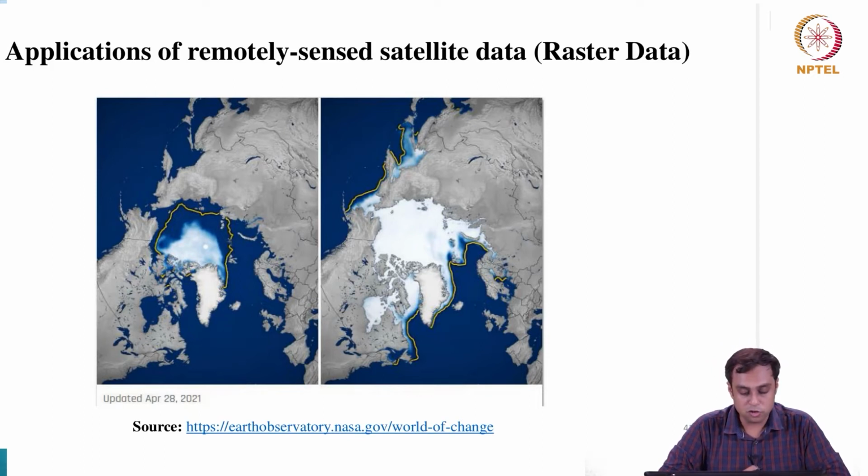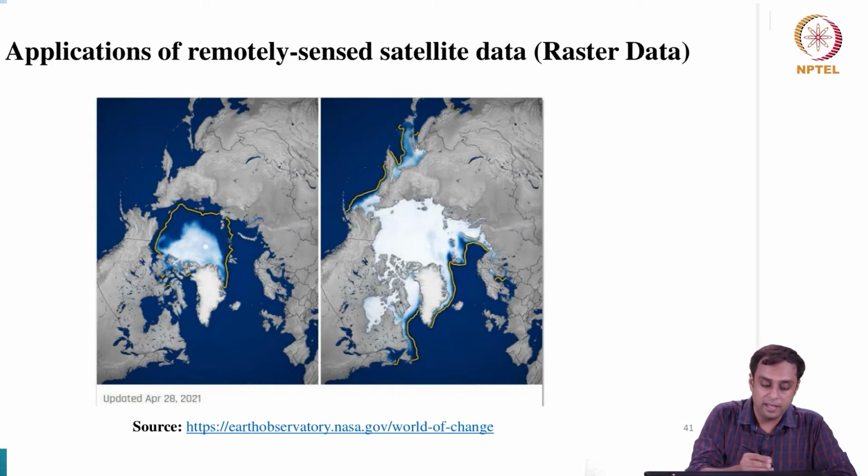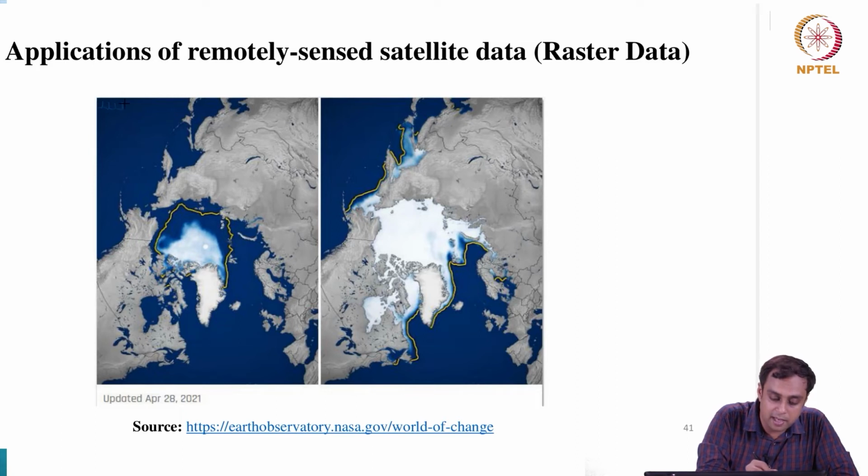So, what you see here is an image of the Arctic, more particularly the Arctic ice, and you see that between two seasons, that is the winter and the summer, you can see the difference in the size of the Arctic ice in April 2021. So, you can visualize how the ice structure, the ice mass shrinks and expands between these two seasons, and this is done using this continuous format where each cell in the image is containing a digital value.